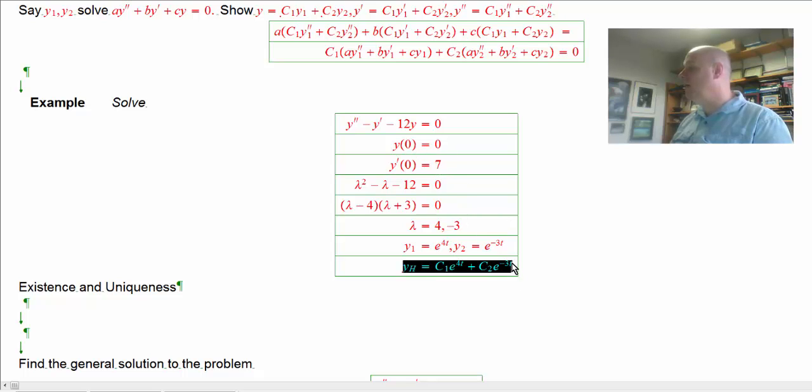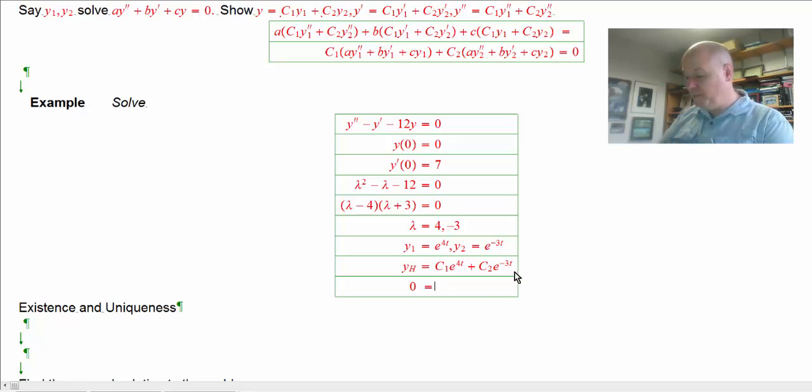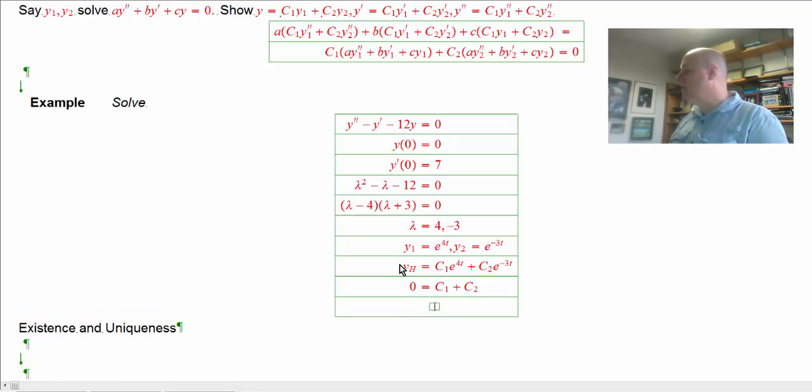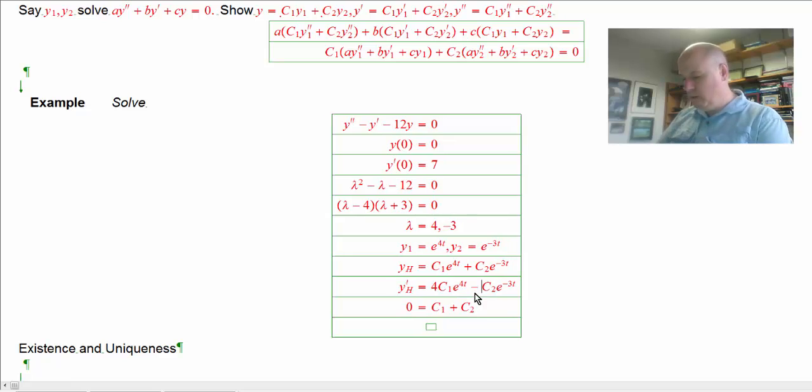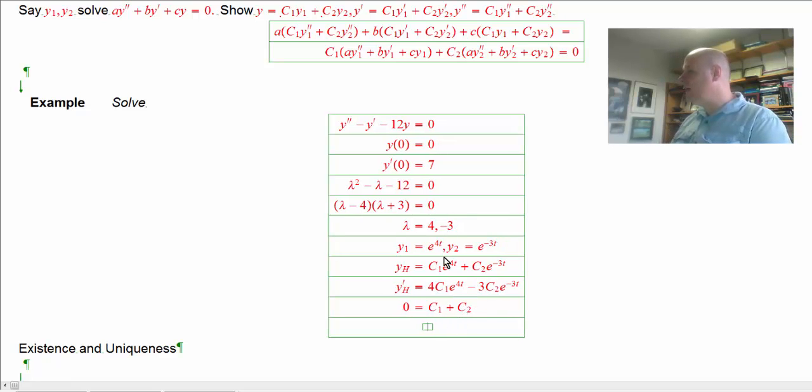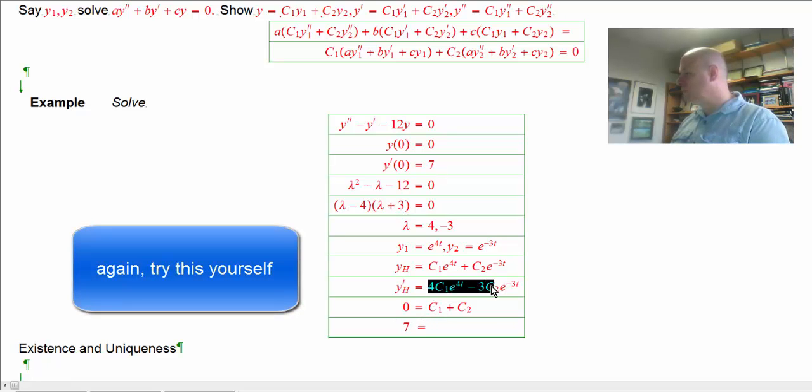If I make t equal to 0, y is equal to 0, that gives me the equation 0 equals C1 plus C2. And if I take the derivative, a 4 is going to come down. Let's differentiate this with respect to t. So a 4 comes down and a minus 3 comes down. If I invoke the second condition, that y prime naught is equal to 7, that means 7 is equal to